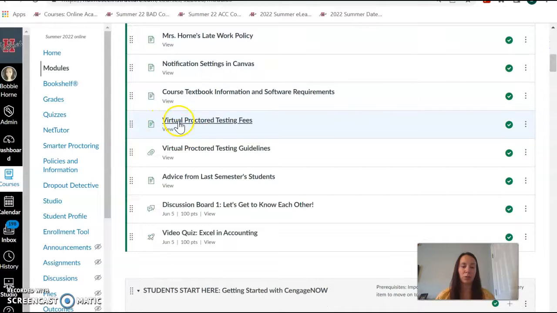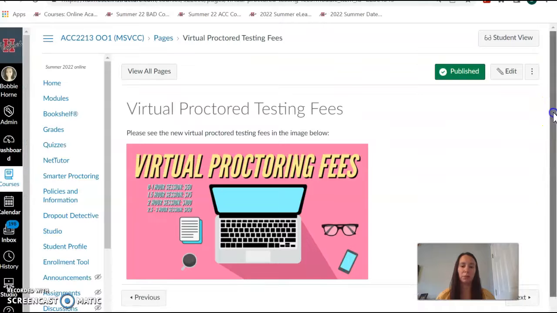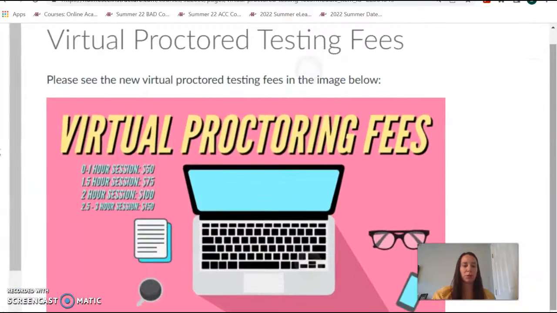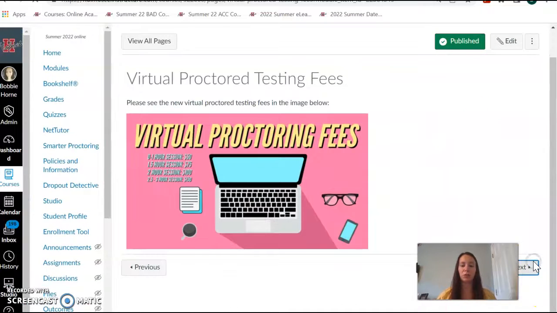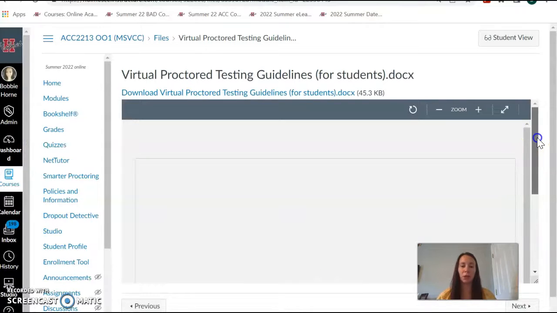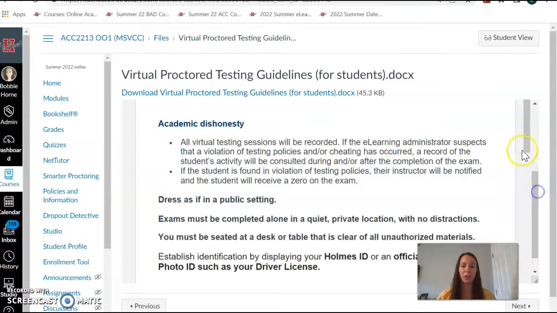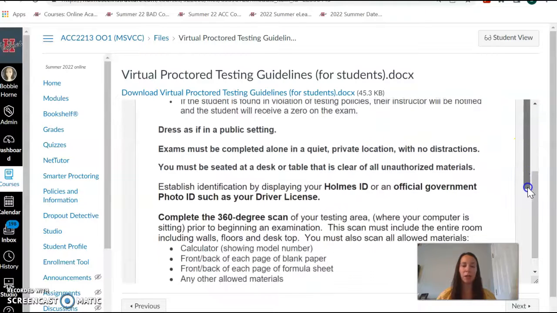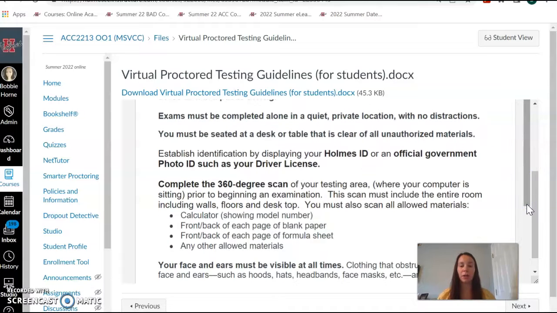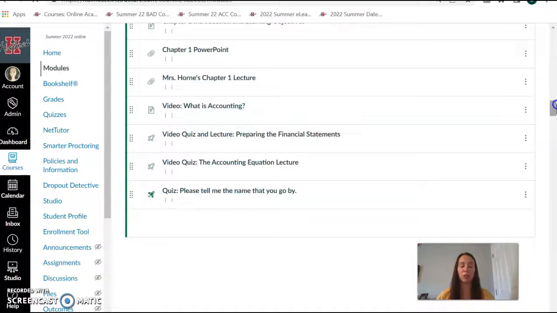As far as proctor tests, if you take it virtually, be aware of the fees, which are found in important course information. Also, make sure you follow the guidelines. Your video, if you take it virtually, will be watched, and it could be watched multiple times. You need to be aware of these guidelines, and also be aware that if you violate anything in the midterm agreement, you may receive a 0, or you may have to retest in a proctor testing center.